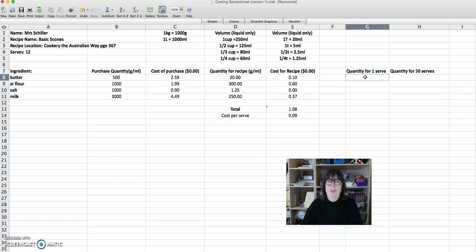So for one serve we need to look at how much the dish required for the 12 serves. So we're going to make a formula again. Coming back over to our highlighter box, we'll put an equal, and then we're going to click on the quantity for the 12 serves, and we'll divide that using the backslash by 12, and we get 1.67 grams of